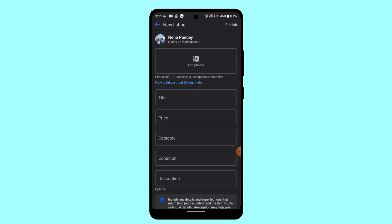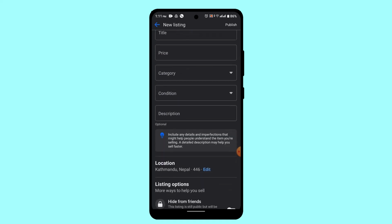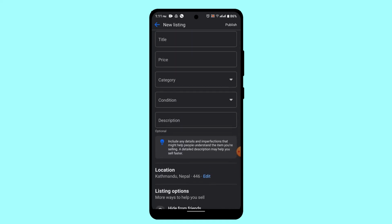After that, you need to list the items, such as the description regarding the items. So here you'll be able to find a form where you need to list out all of this information, such as you'll need to add the photo of that particular item, title, price, category, condition, description, and many more. So once you've done that, what you'll have to do is price the item low